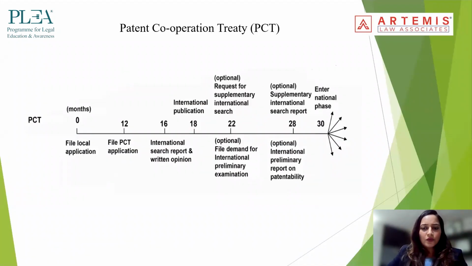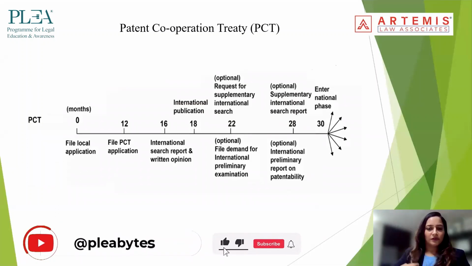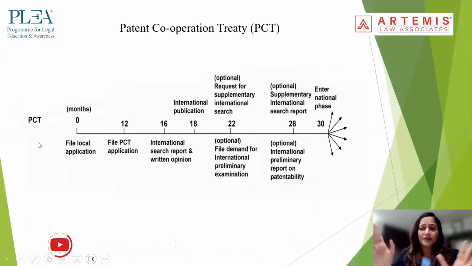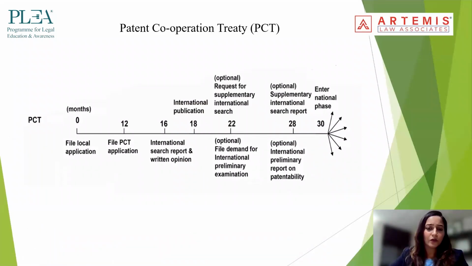Under the PCT route, now this is a very beautiful timeline diagram, which completes the whole system and the whole ideology of how to file under what timeline. So this is the 0 months in which, for example, in India you file the application, and within 12 months you file a PCT application. Then in 16 months, once the application has been filed, there is something called the international search report and written opinion. So you can opt for the international search report,